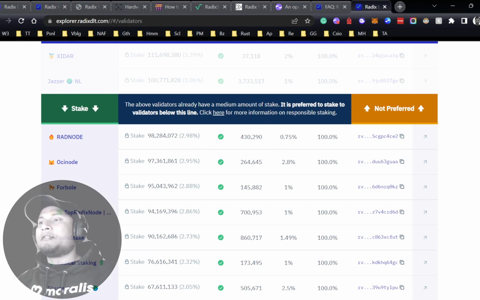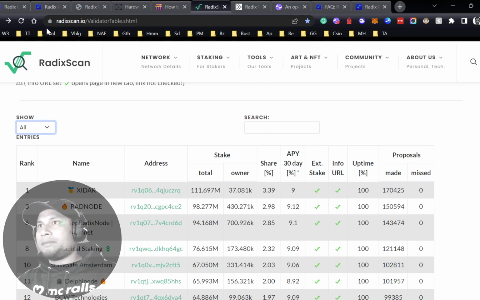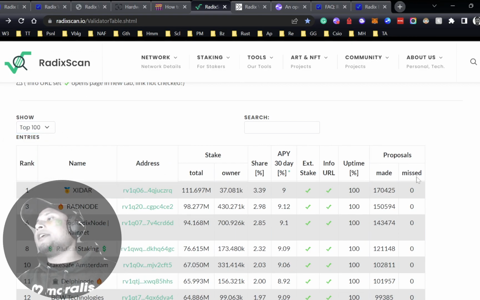But first, how do you select which validator to stake to? I use a few community websites in order to assess that. Basically, I use one of these websites, Radix Scan, to check that. So I go to the top 100, and then you need to filter by the